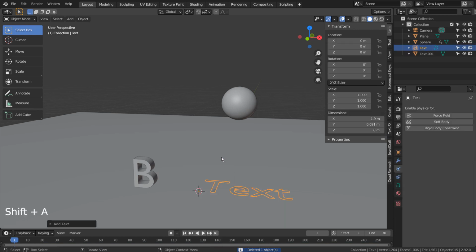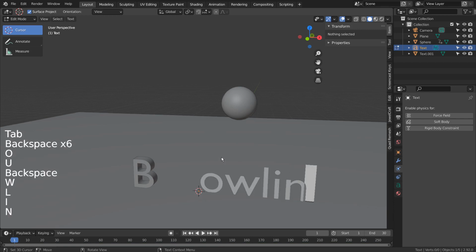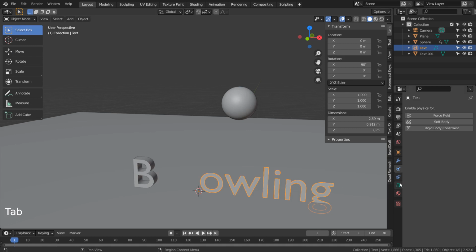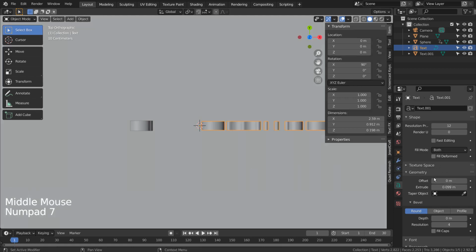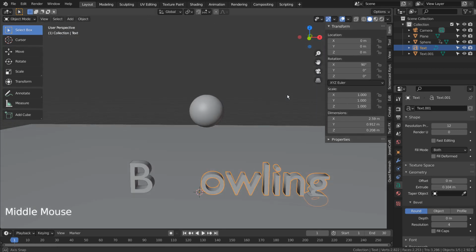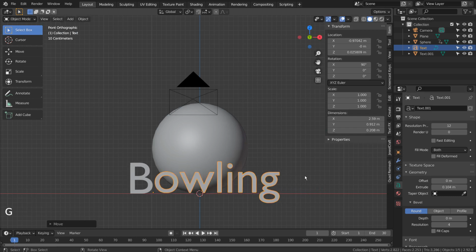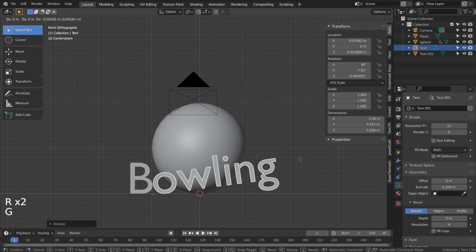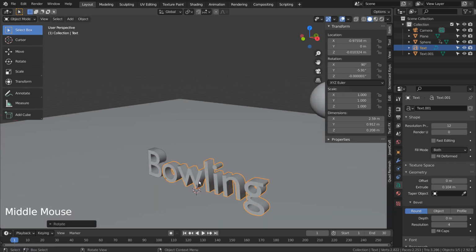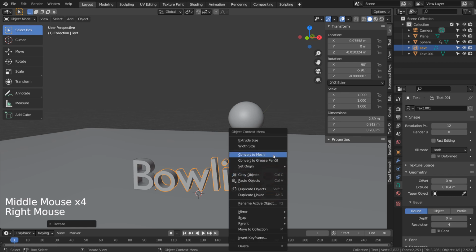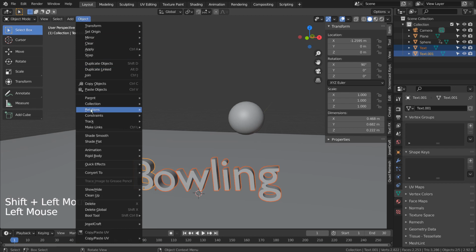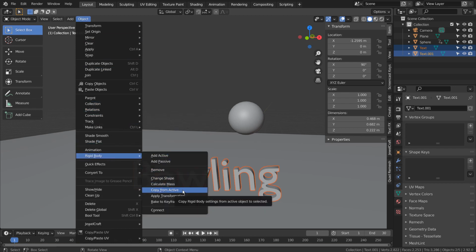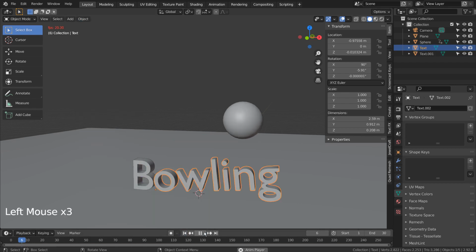We need to add a new text object and copy the rigid body setting from the previous mesh. It's working.